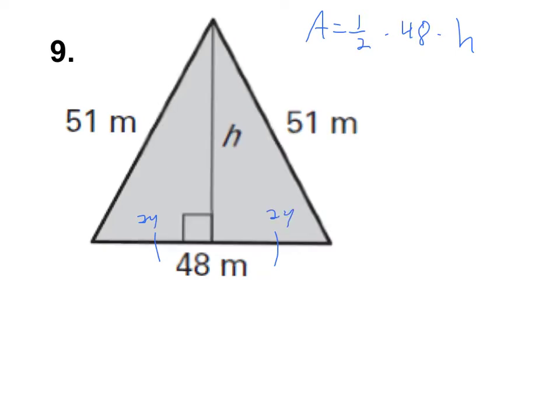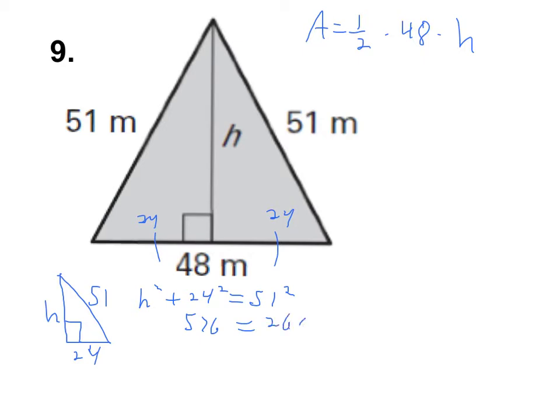And so I'm going to think of it as this right triangle, which has a base of 24, we don't know the height, and a hypotenuse of 51. And so I'll set up the Pythagorean theorem. So you see how these problems just use the Pythagorean theorem in a different way in order to find an area. All right, 24 squared is 576. 51 squared is 2,601. So I'm going to subtract the 576 from the 2,601, and I get